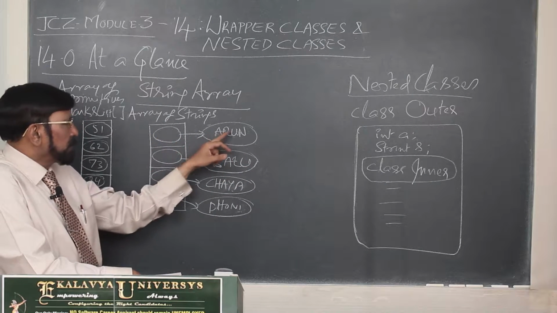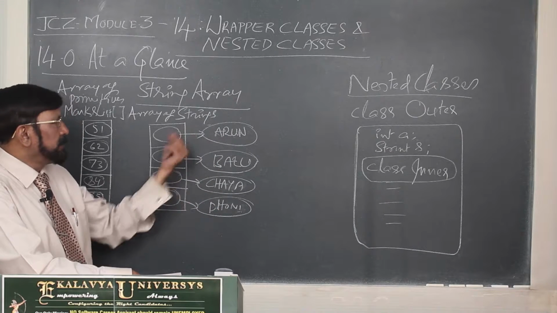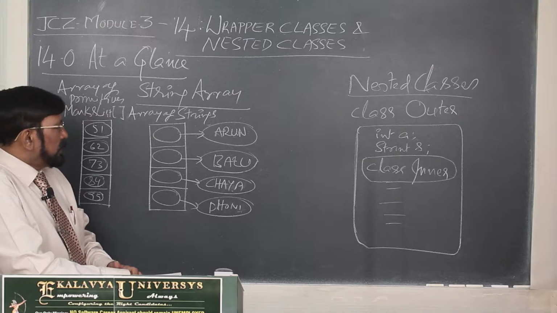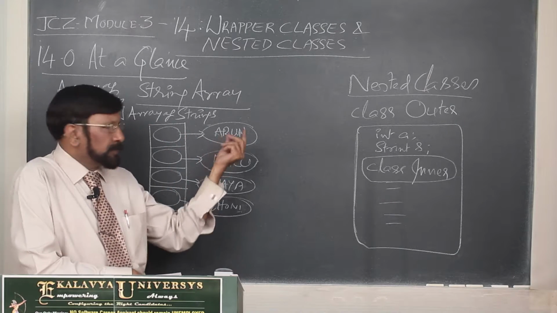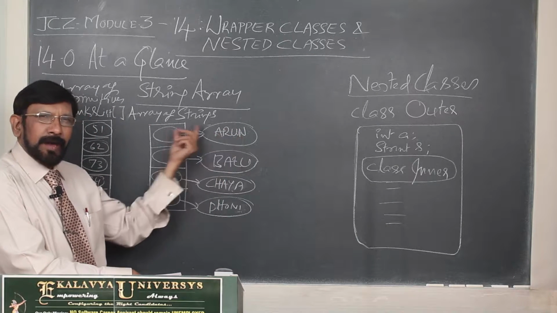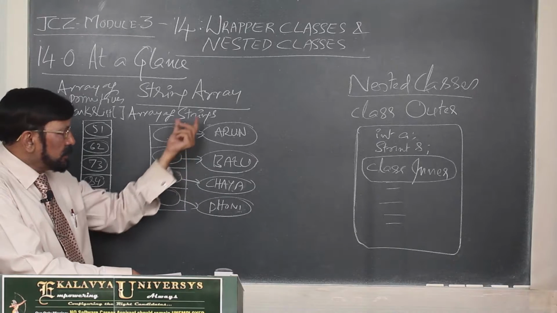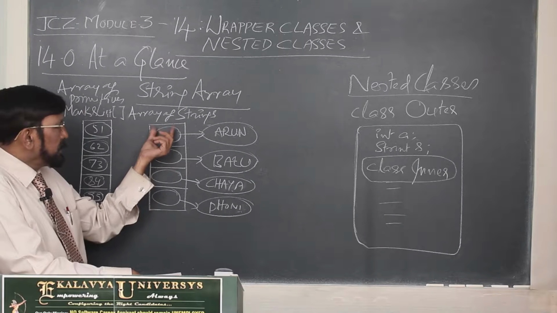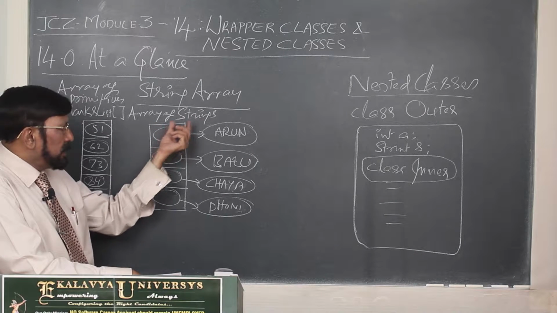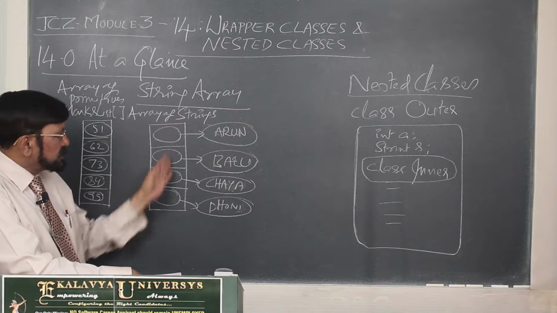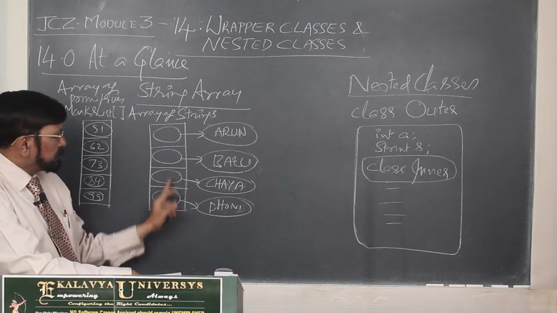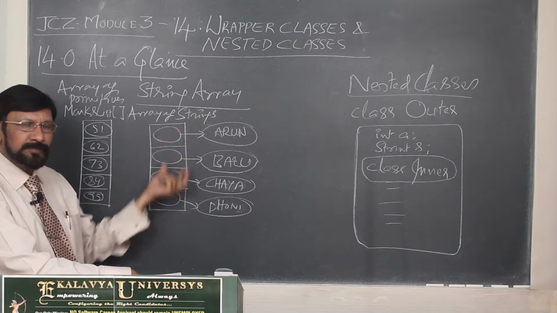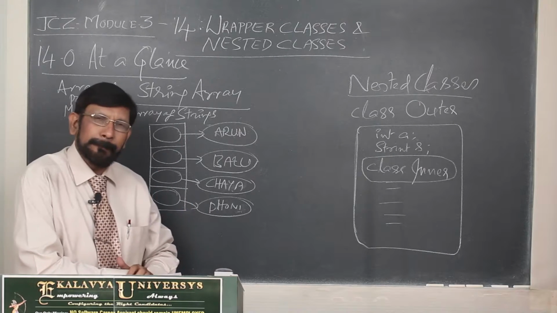Now, you see these 4 names, this is a team. There are 4 names, team members. Actually, these are string objects. An array does not hold the objects directly. What is it having? It is having the references as its elements. Now, you see the references are the elements of an array. This is what we call an array of references.